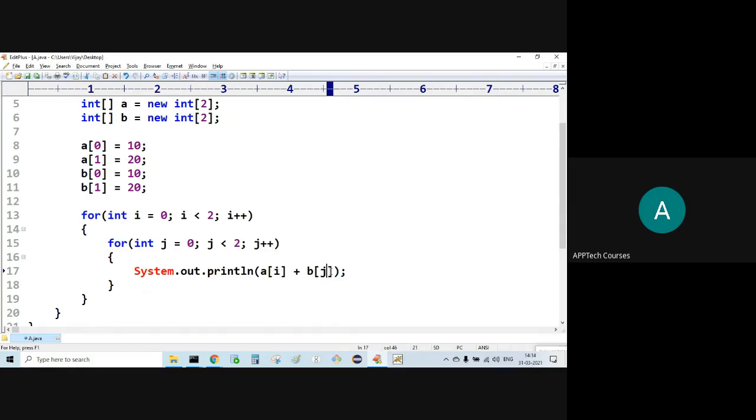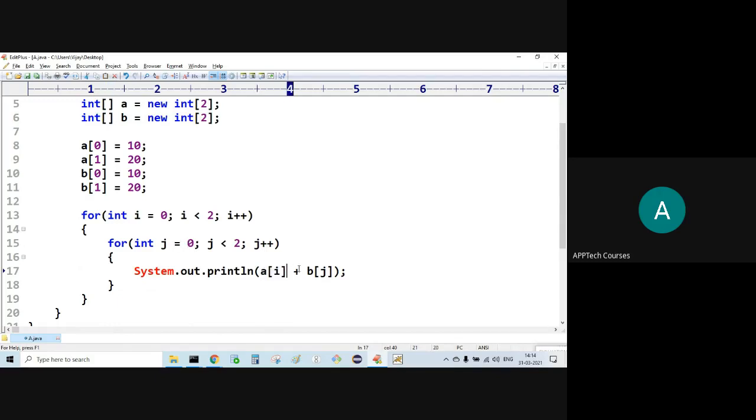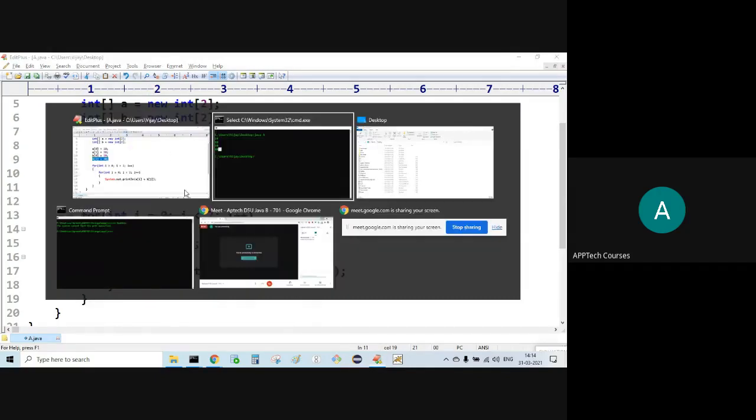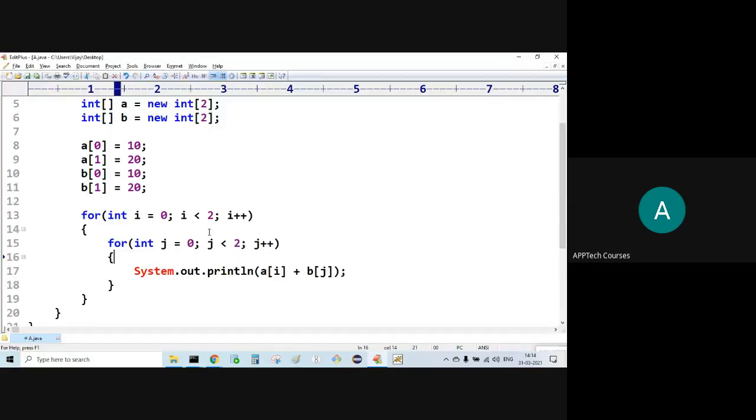What is that? Now still we are in the inner for loop. j is becoming 1. a of 0, b of 1. 30. Now 2 less than 2 fails, so it comes out.